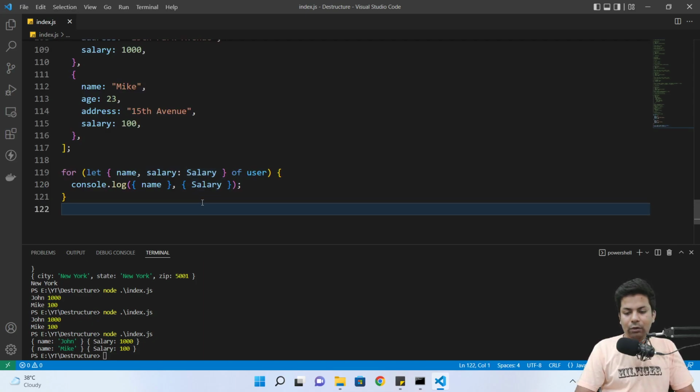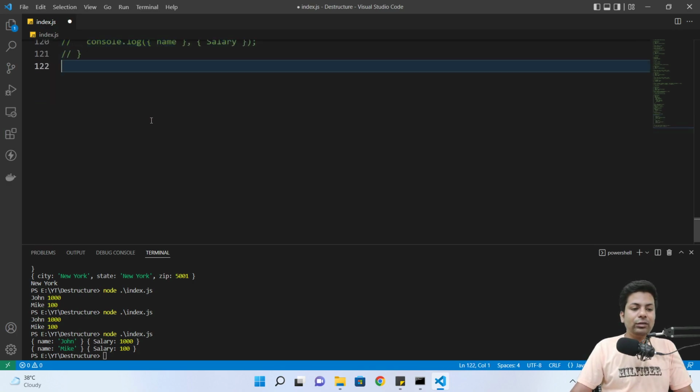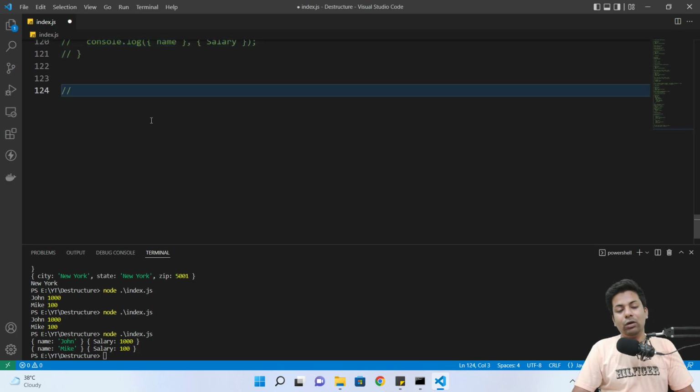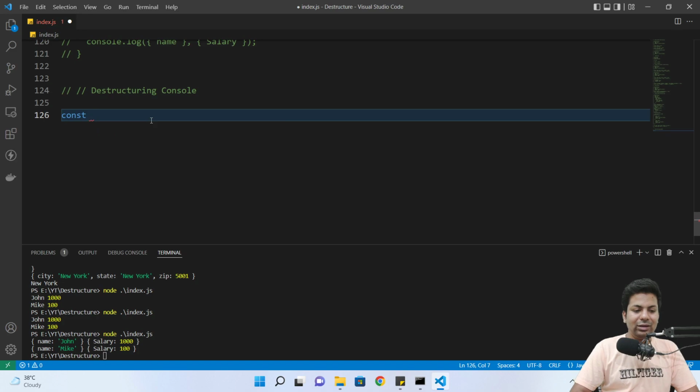Now, what else was left? We can destructure the console object also. That's super cool, guys. When you write long codes, then that helps a lot. So destructuring console. So let me show you constant. So you have log, maybe you can take warning, and you have like error. There are a lot of stuff, so you can take these two for now,